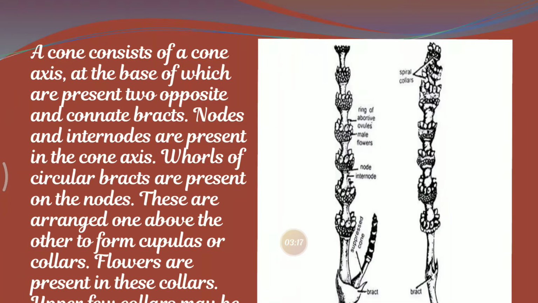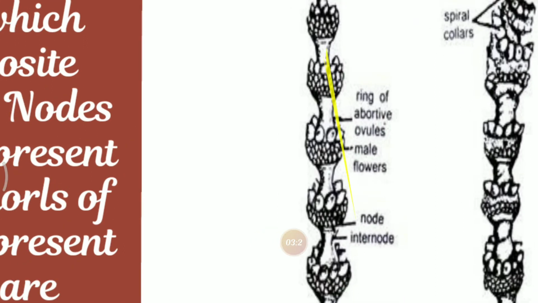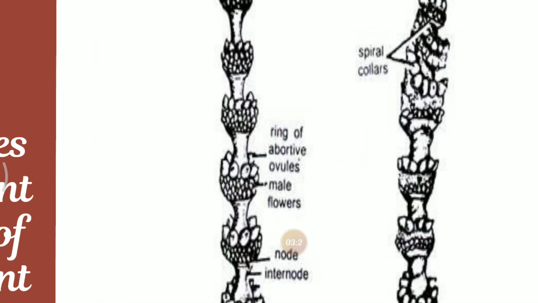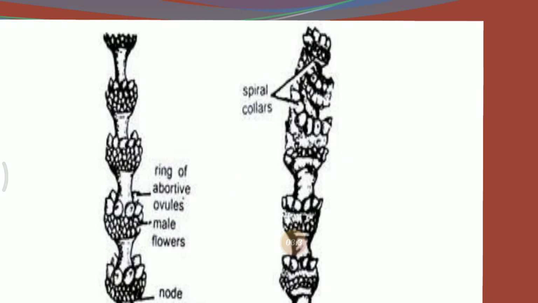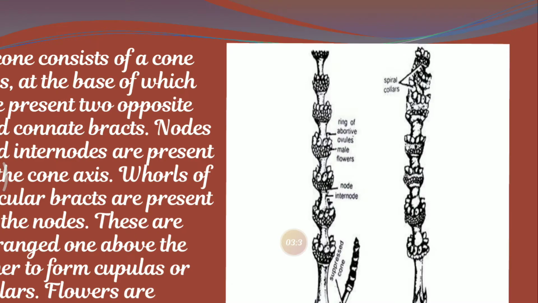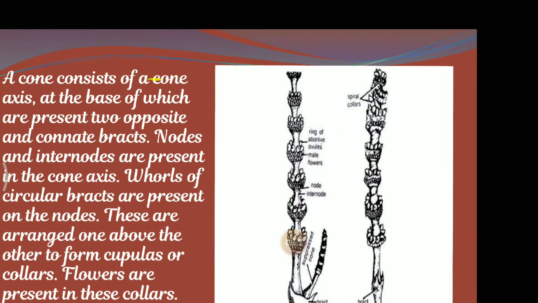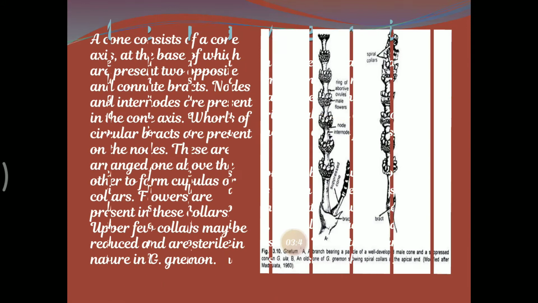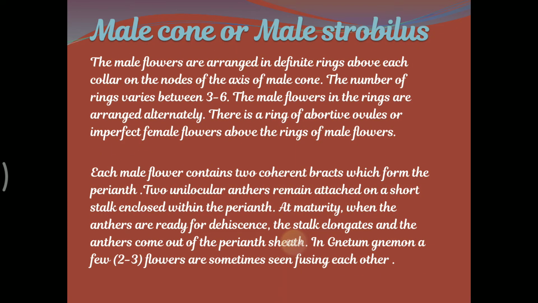So we can say that the male strobili, a cluster of strobili, are borne at the tip of dwarf branches. We can see the cluster of flowers in an inflorescence-like arrangement on the dwarf branch. It is called an inflorescence. The inflorescence is of panicle type, as I told you before. It has a slender axis that bears a few stout nodes.